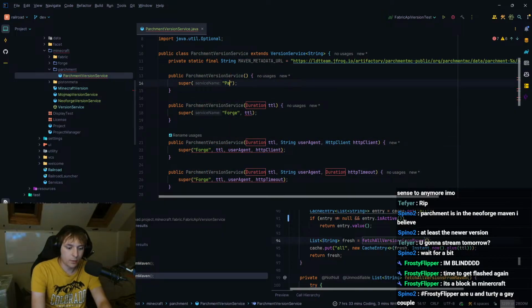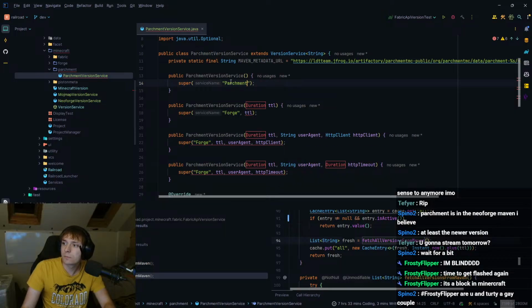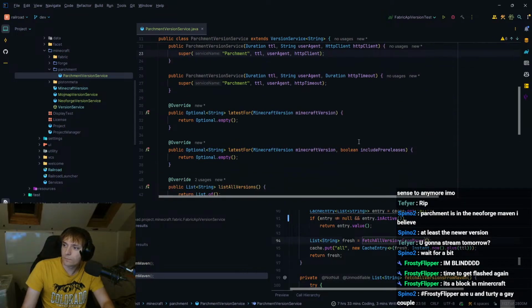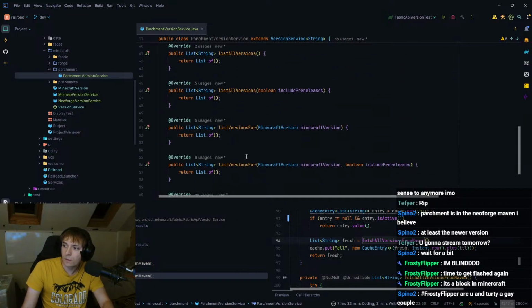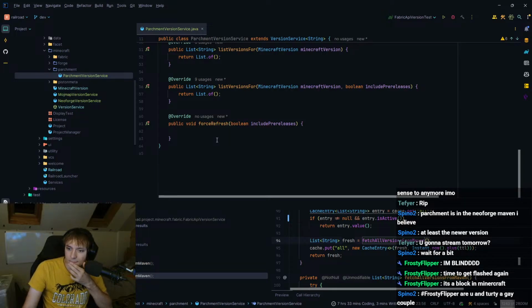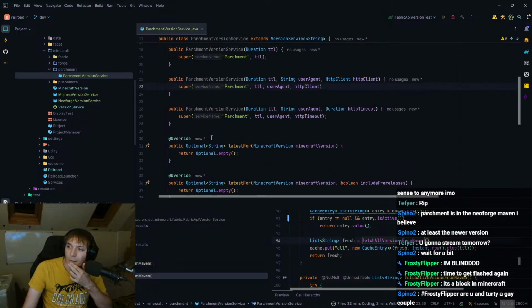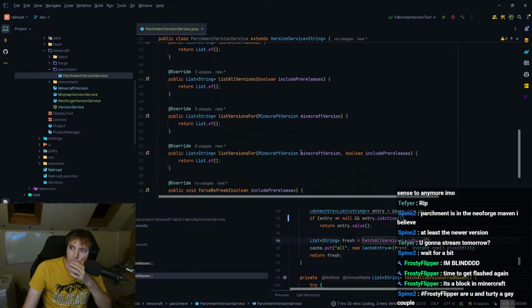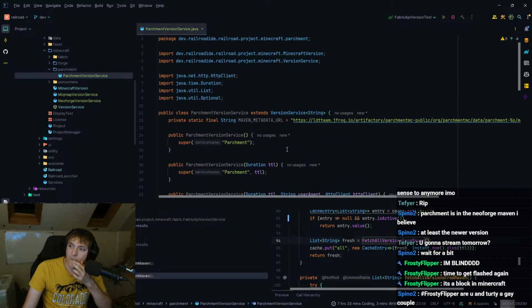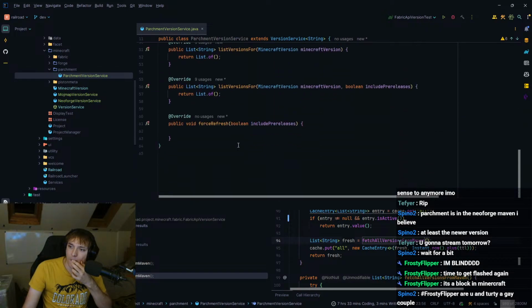And then Parchment. Okay. Do we have time to do this? It might not be that bad. Wait, let me look at the Maven metadata real quick.